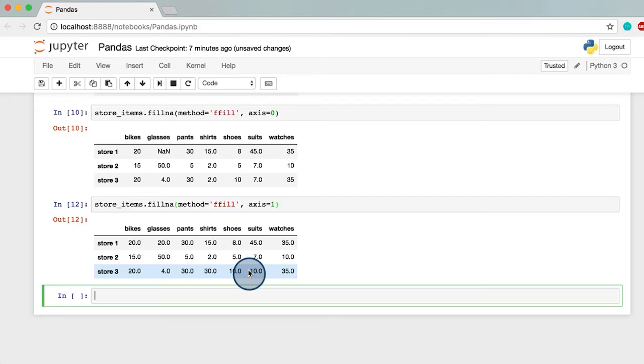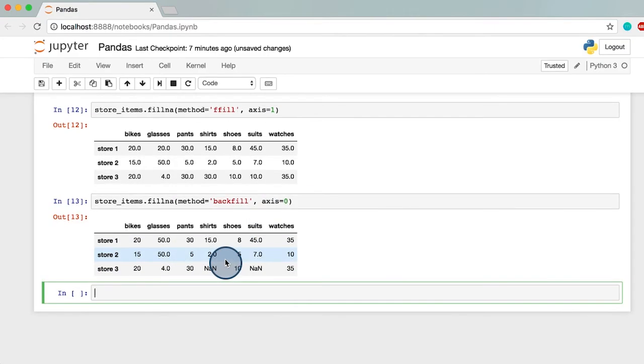Similarly, you can choose to replace the NaNs with the values that go after them in the data frame. This is known as backward filling. This replaces each NaN with the next value in that column. The NaN value in store 1 has been replaced by the next value in its column, but the 2 NaN values in store 3 did not, since they are the last values in their columns. The fillna method fills the NaN values out of place, so set the parameter inplace to true if you want to modify the original data frame.